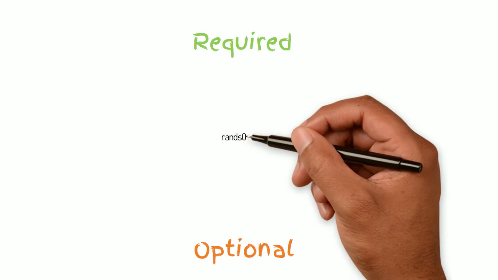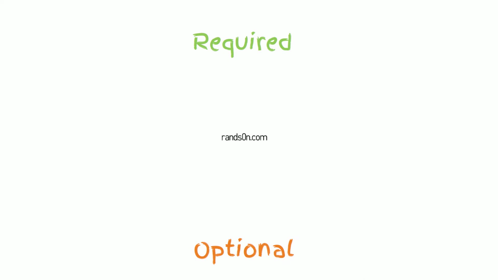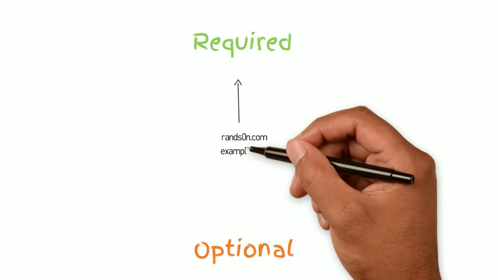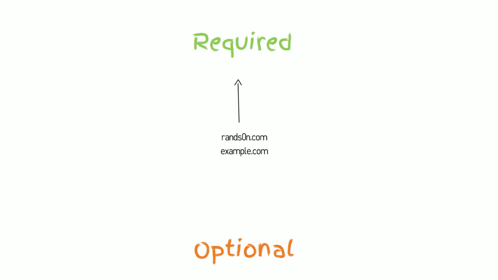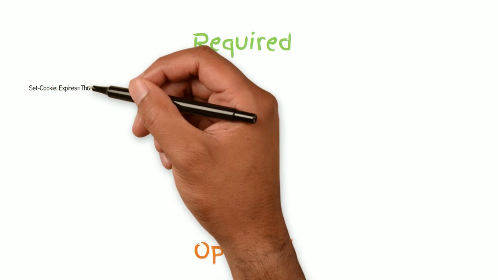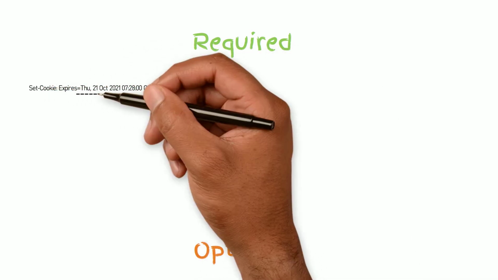To understand what a cookie is, we need to take a look at how a cookie is structured. It has optional properties and required ones. First, we have a domain property, which naturally is the current domain we are viewing. But it can also be a different domain, so it turns into a third-party cookie, which we'll cover in future lessons. We also have flags, which means we can add an expiration time for our cookie.